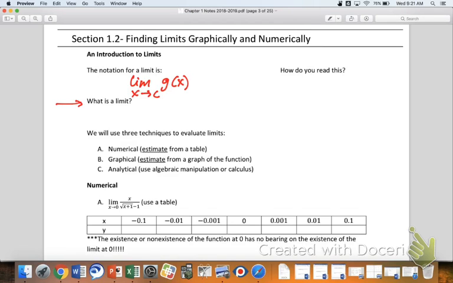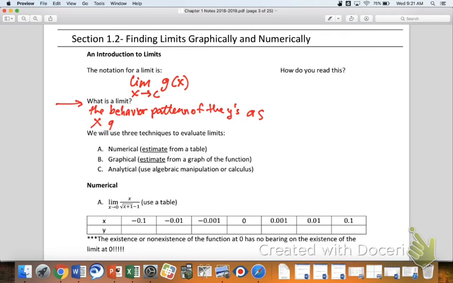Anna? It's the y value that a function is approaching as it approaches a certain value. Okay, I like that. Yeah. She used some really good wording. She said approaching, right? So it's as you get closer and closer and closer. I like that wording for sure. I use this word a lot. I'm going to say it's the behavior pattern of the y's